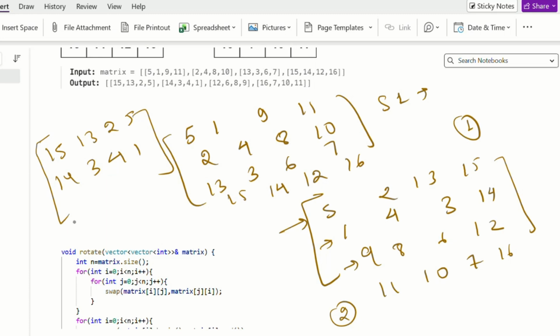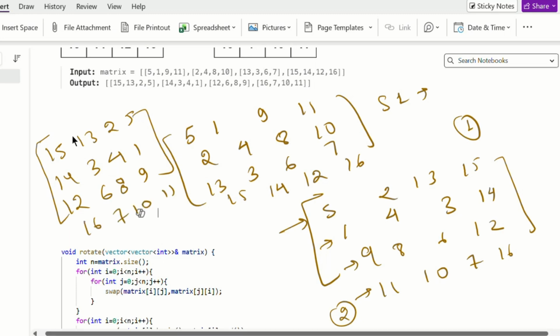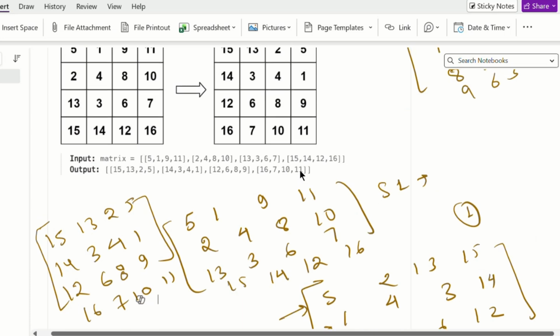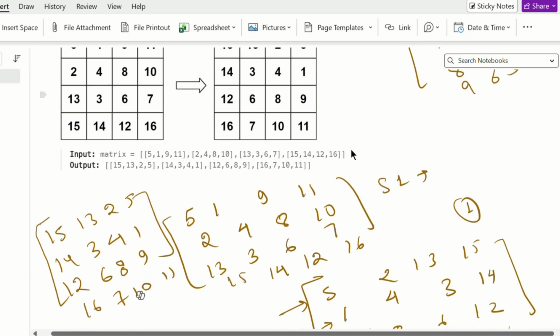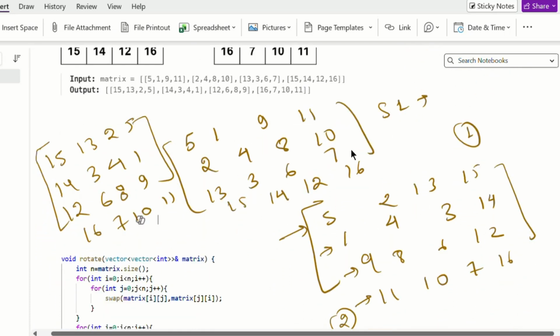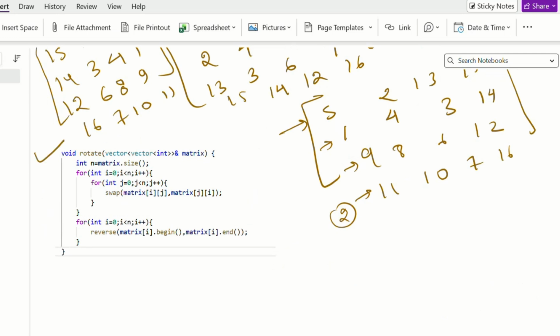For the third, 12 6 8 and 9. For the fourth, 16 7 10 and 11. If I check my answer, it is the same: 15 13 2 5, 14 3 4 1, 12 6 8 9 and 16 7 10 11. So we have done the same thing.